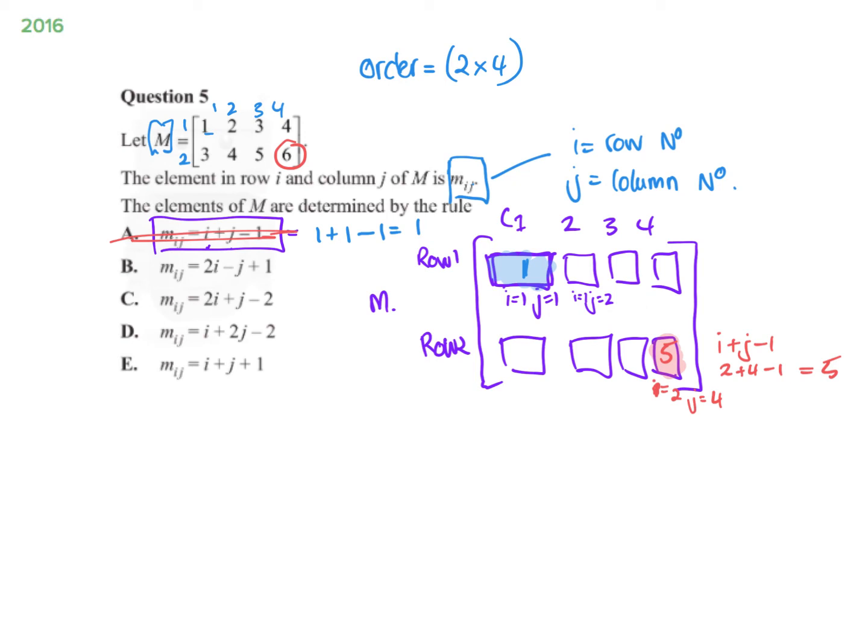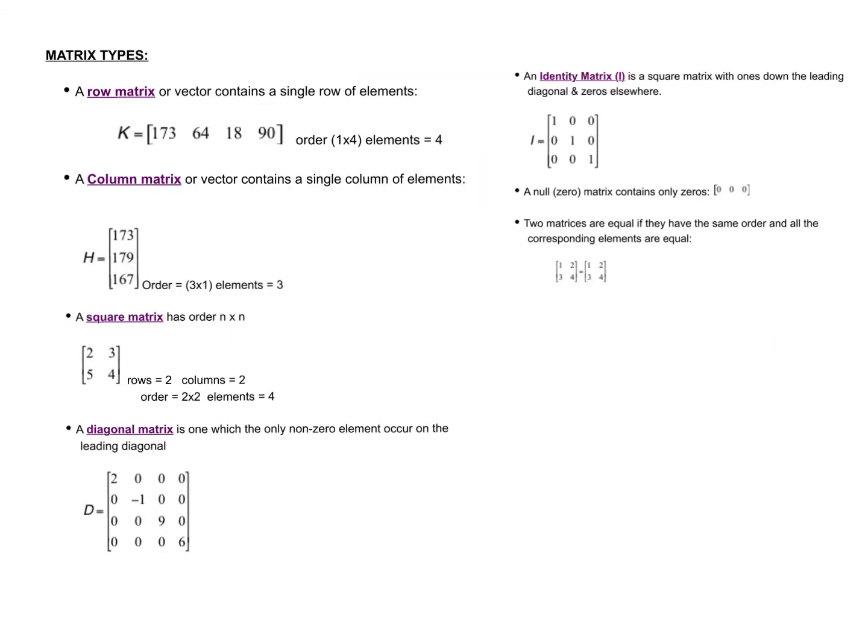So I'll leave it there. This is a challenging question, it takes a long time. Very tedious, isn't it? So I'll leave that there and I'll get you guys to have a go and see if you can work it out later, okay? But we've got these matrices and we now know we can describe them using their order, their shape. And so now we just need to know some basic